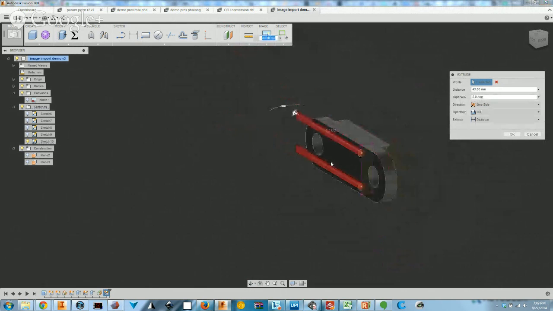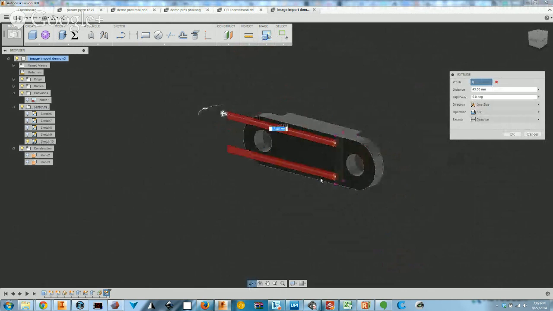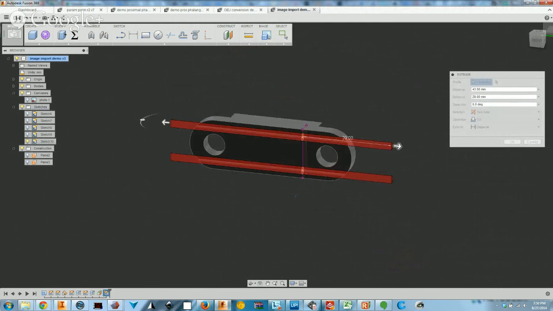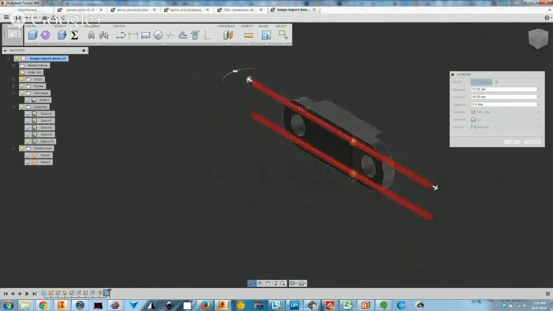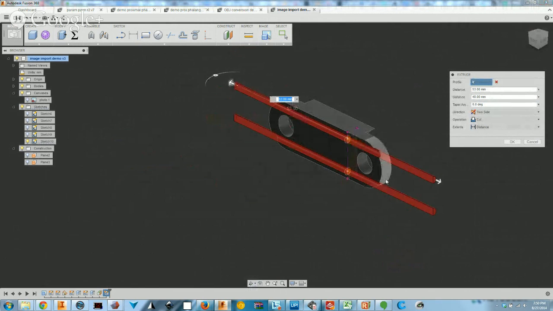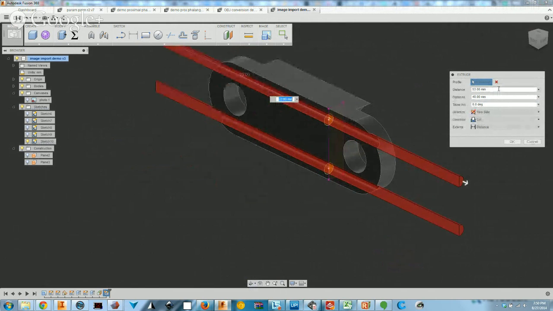And you can see that we actually have to cut in two directions in order to fully get those channels. So I'm just going to do two sides. Another arrow pops up, and I'll just go ahead and drag those out. In this case, a pretty arbitrary value. This is something that you can freehand. If you wanted to, we could be precise and call this